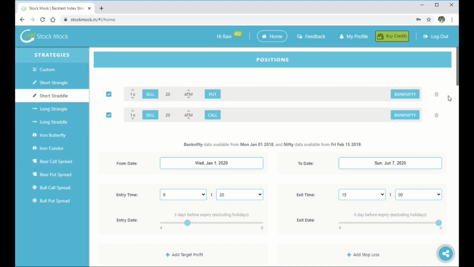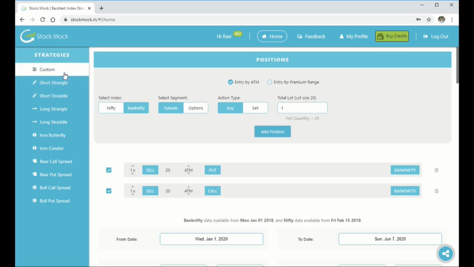In order to create custom strategies, you have a custom tab available here where you have multiple ways to create your own legs, individual legs in the option strategies, and also multiple ways to trigger the entry of the strategies, right?